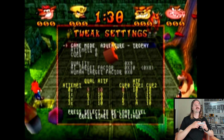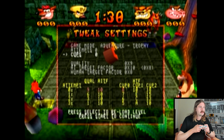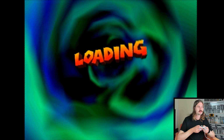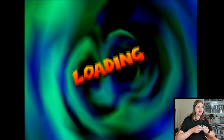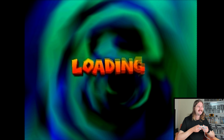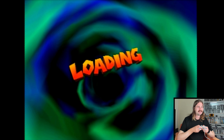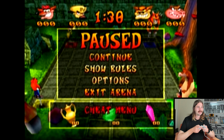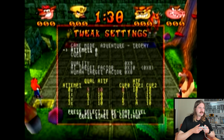Ooh, looks like we're getting into the nitty gritty of it now. So yeah, you can just... this is all a bit beyond me, to be honest, but yeah, looks like you can do some stuff there. Oops, what have I done? I thought hitting select would do something else, but oh dear. What's it loading? Not really. I think I might have just...